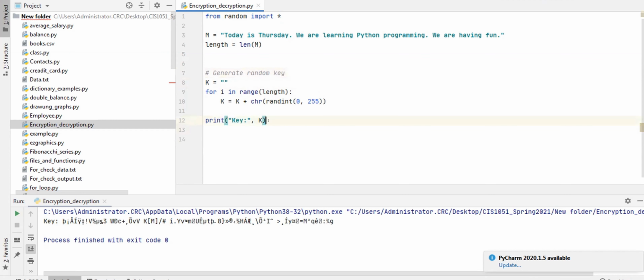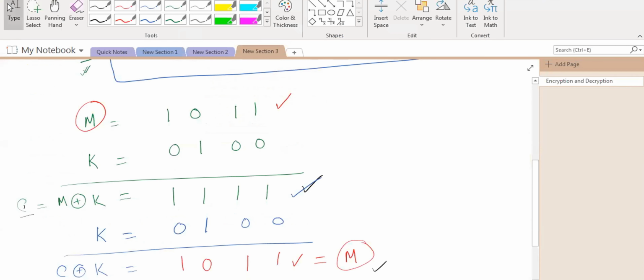The next thing is to produce the ciphertext. So what is the technique to produce the ciphertext? As I have said, the ciphertext is the message text XOR with the key. I have already generated the key, and I have the message text, so I need to do XOR. So let's do that.